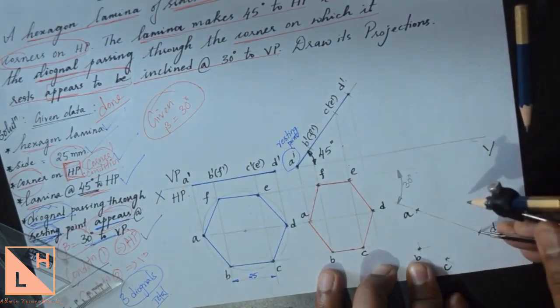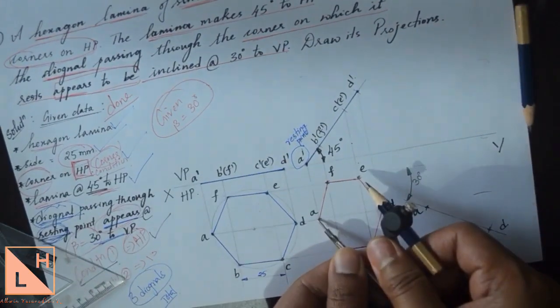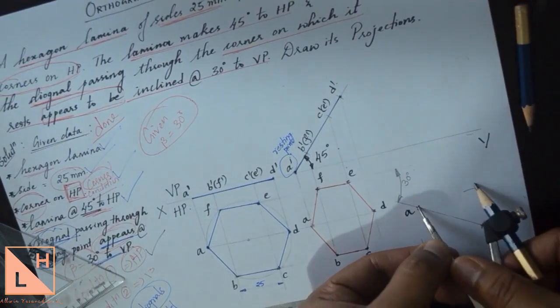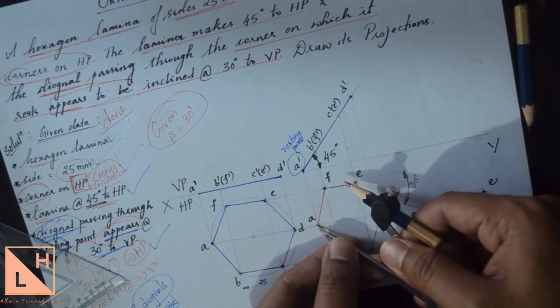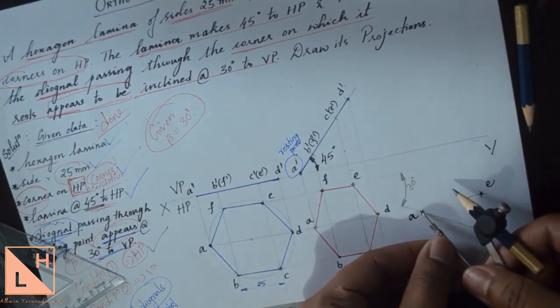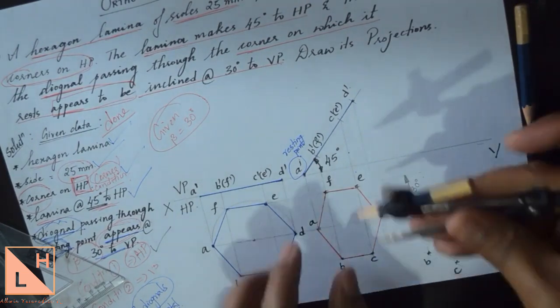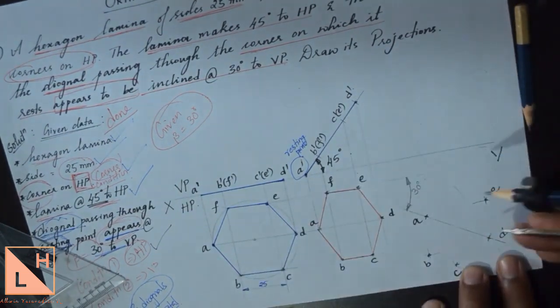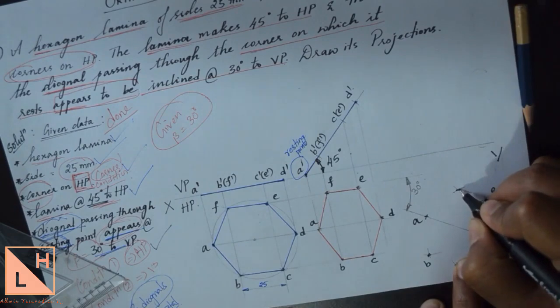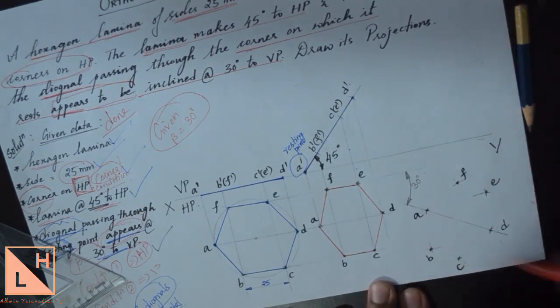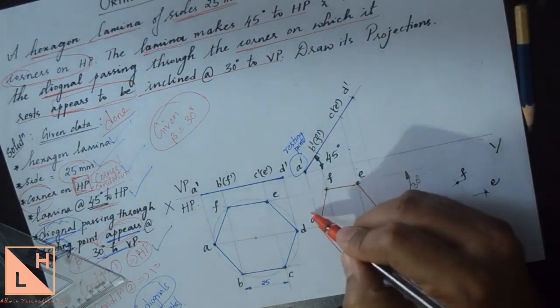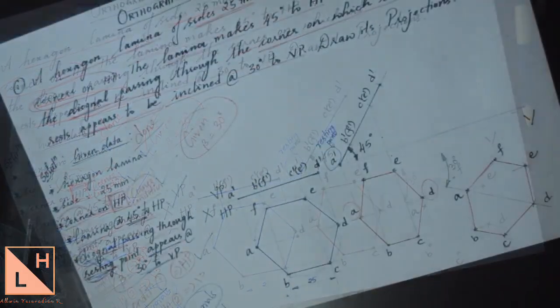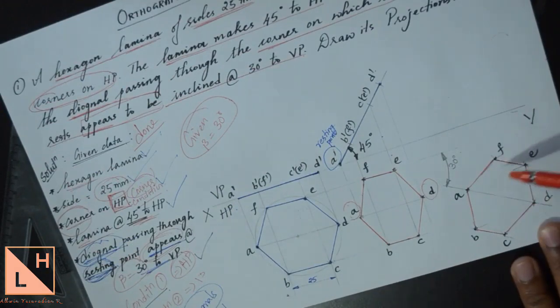Remember, during this process of the arc method, you must measure all the points from A and D only, because A and D are the first points which are placed on the 30 degree line. Use those two points only as a reference. So AF, and then cut an arc from D to F. To get all the six points by the arc method, join them with a dark line, but remember to measure all these arcs from A and D only because these two points are our reference. We have got the third position, top view.